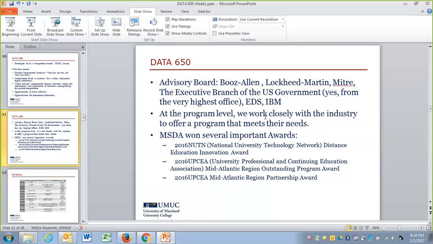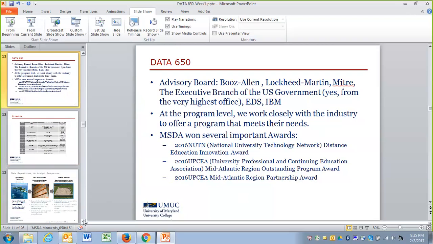Since our program is very in line with, and all the time touching base with, the industry, it has already been recognized with several important awards from Technology Network and professional continuing education, some of them from last year listed below. This is just so that when you feel overwhelmed in this class, you think about the topic we are in and about the requirements of the industry.